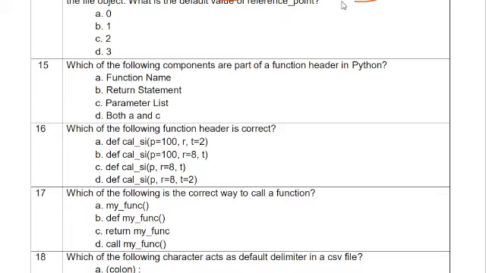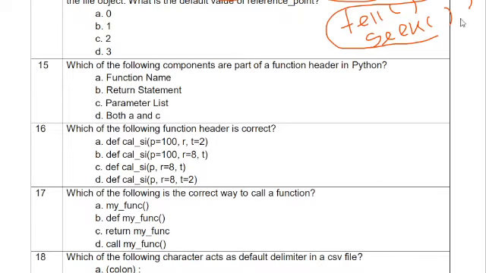Tell function and seek function, I am telling everyone, one question must be there from this, either the tell function or the seek function. Go through that, offset and the reference point. Where myFile is the file object, what is the default value of the reference point?